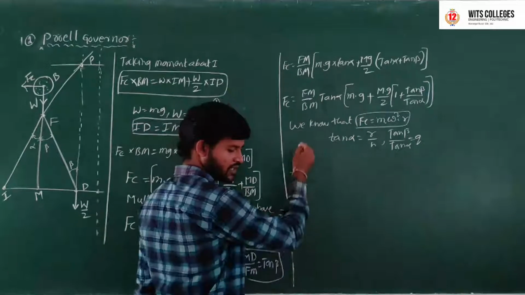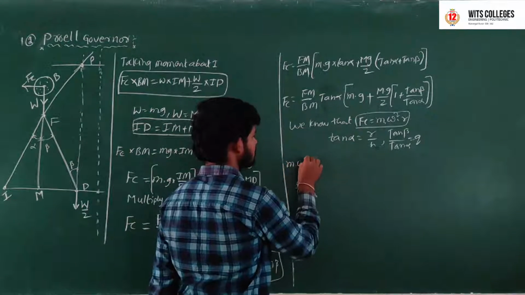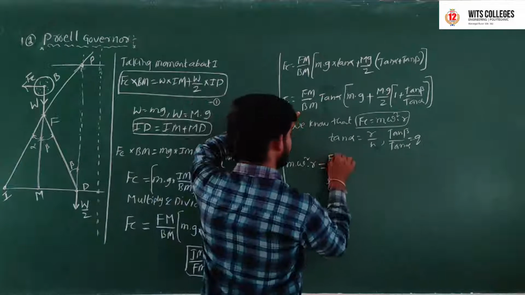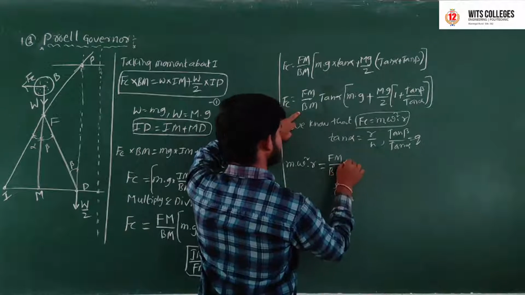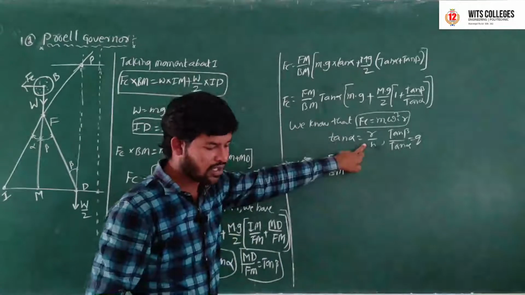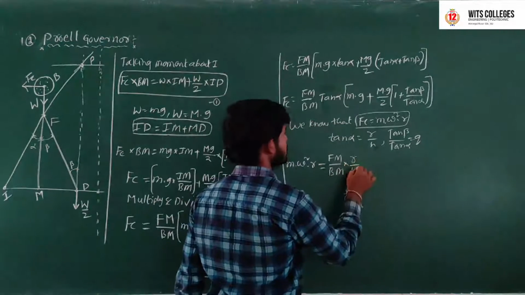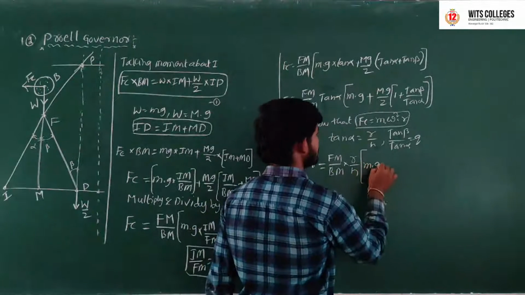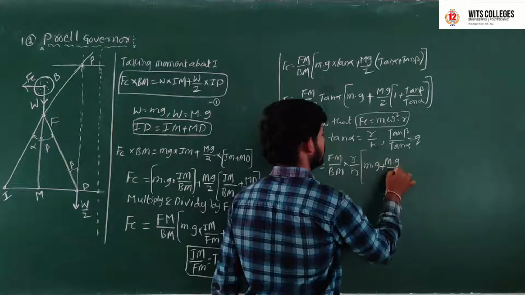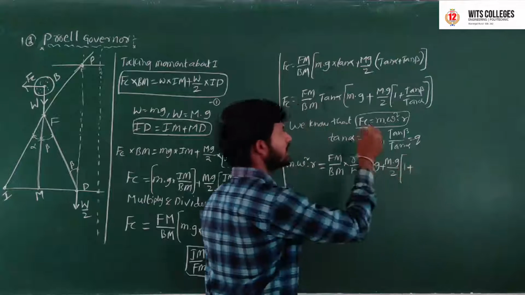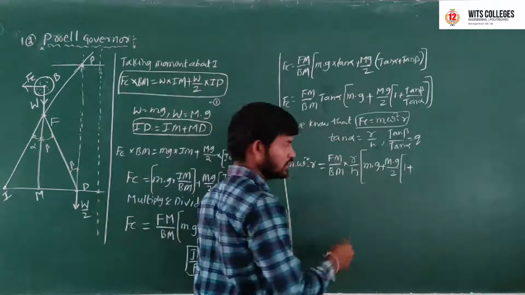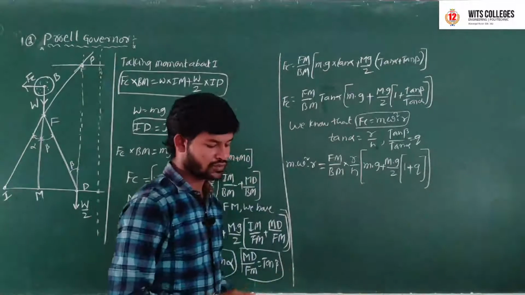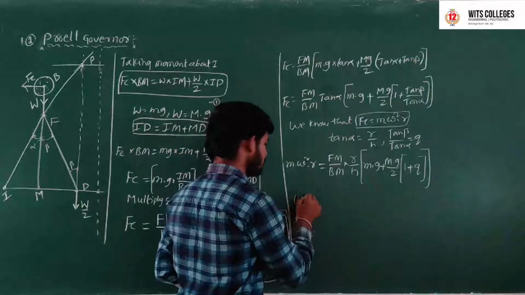Generally Fc equals m into omega square into r, which equals Fm by Bm into tan alpha, and tan alpha is nothing but r by h. So tan alpha equals r by h into m g plus capital Mg by 2. Here 1 plus tan beta by tan alpha equals q. Here again omega square is equal to